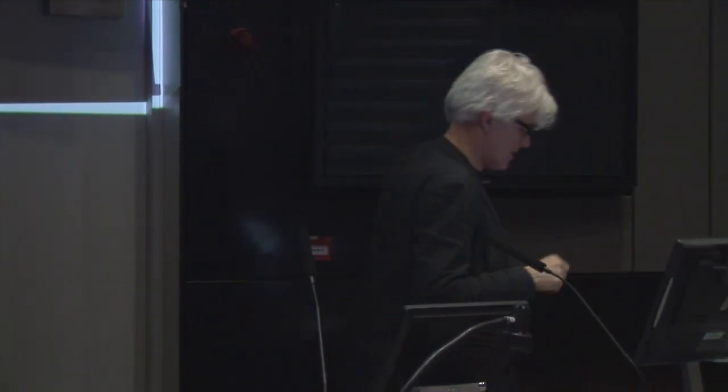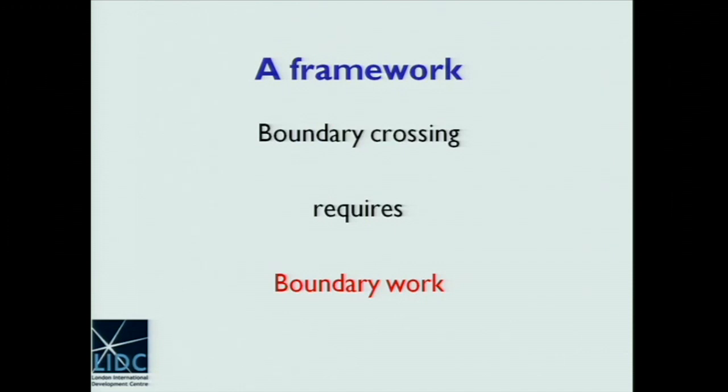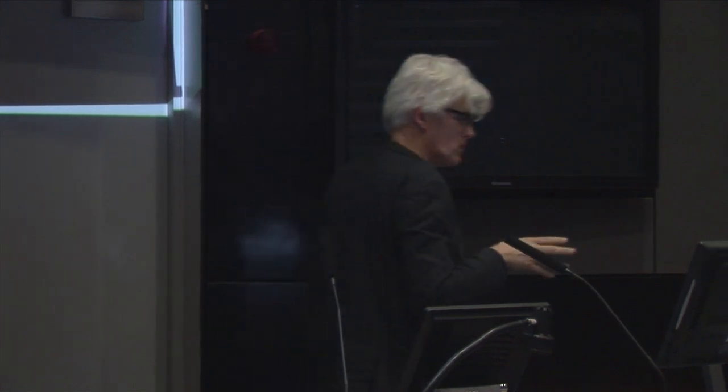I want to spend the last few minutes of my talk on presenting you a framework, or sketching it rather. How can we organize this kind of enormous breadth of literature and thinking and problems? Because I just sampled and it's hopefully pretty chaotic. Now, how do we organize it? Well, there are several proposals for that. Here's my proposal. I propose to think of interdisciplinarity and transdisciplinarity as boundary work. It's not my word. It's a word that comes from sustainability science and from the social studies of science and technology, from the 1980s.